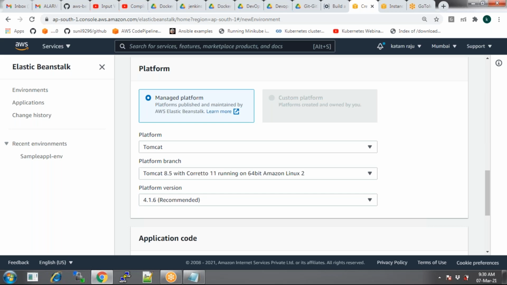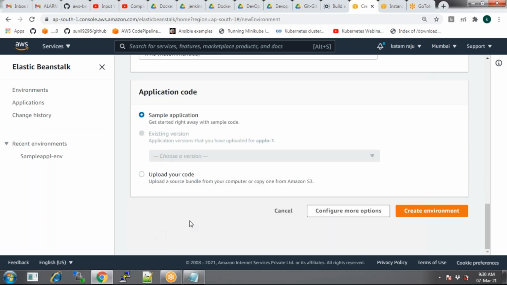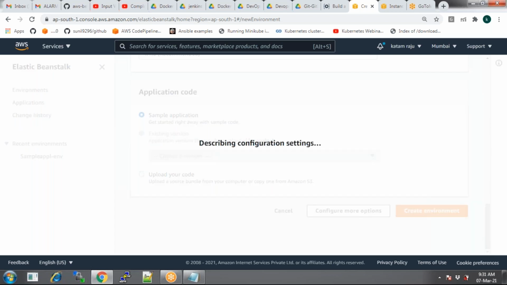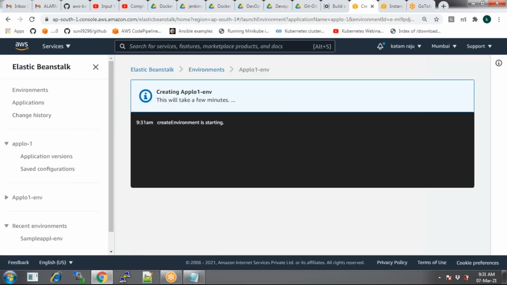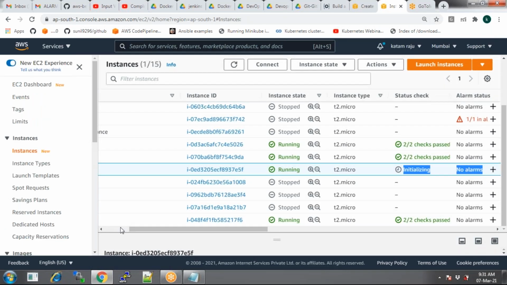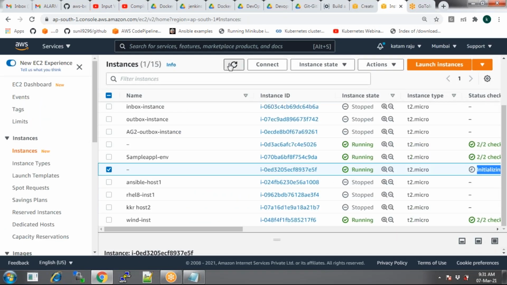It is a web server where we deploy web applications. That's it. Then go with the sample application and create an environment. Then your Beanstalk environment will be ready. It is creating, and this will of course create an EC2 instance. You see here. Now back to EC2 instances, refresh it.